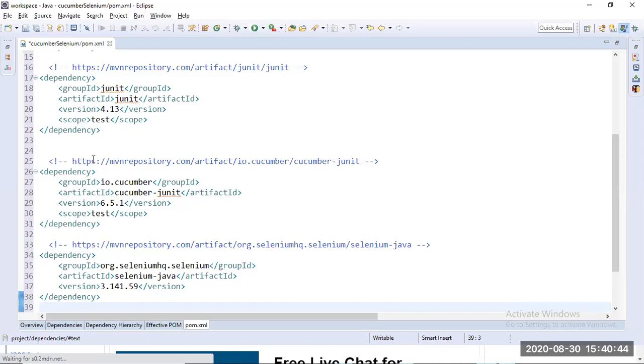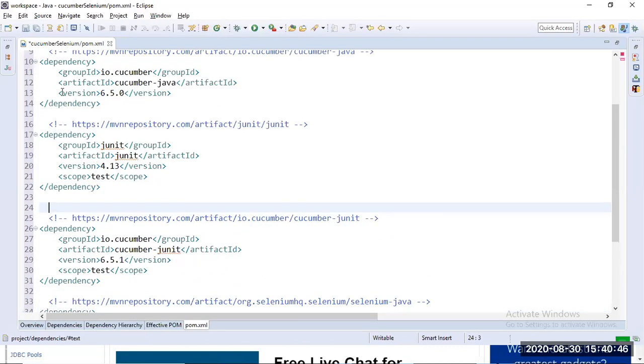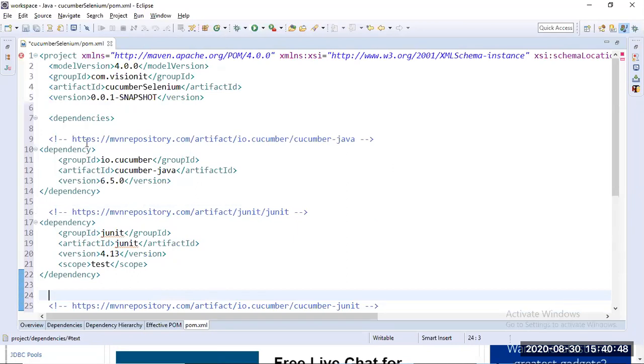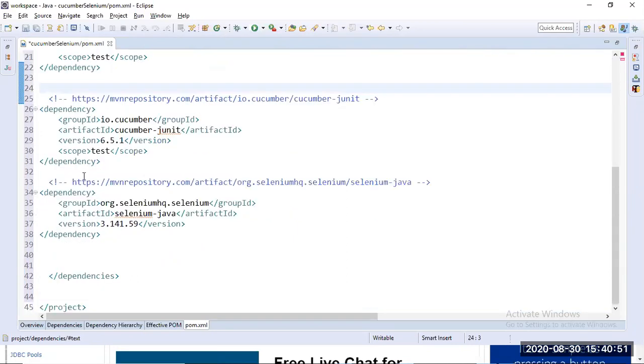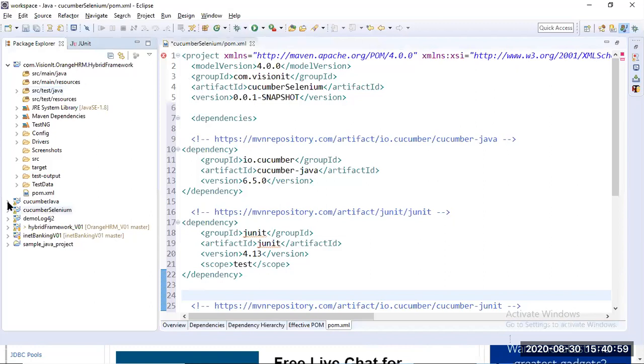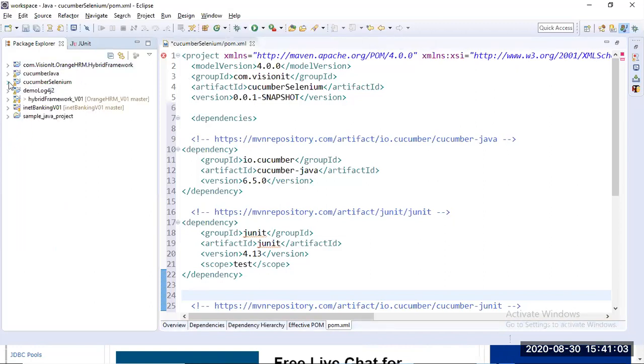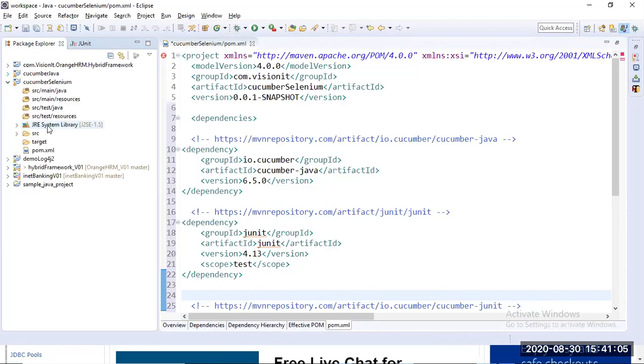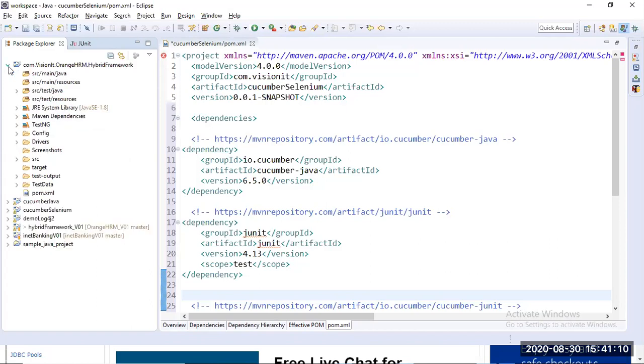Once you add these dependencies, do one more thing, guys. Once you add all these dependencies, you have to add one more thing. Okay, let me copy from this. Currently when you go here, it's showing Cucumber Selenium, JRE system library 1.5. So at runtime we will update it. I want JRE system library 1.8.